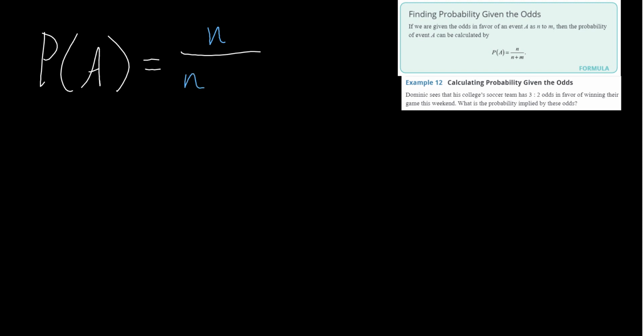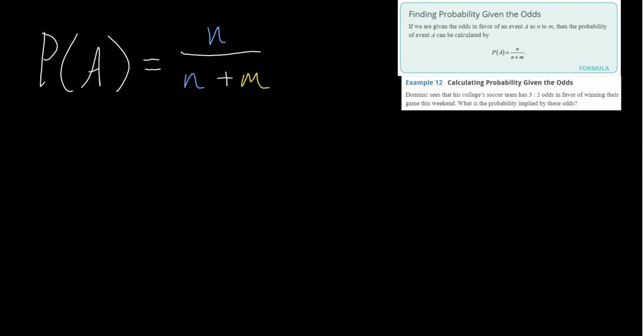So let's color coordinate this real quickly just to follow along. Let's do the probability of some event A happening, and we're going to make N be blue, so N over N plus